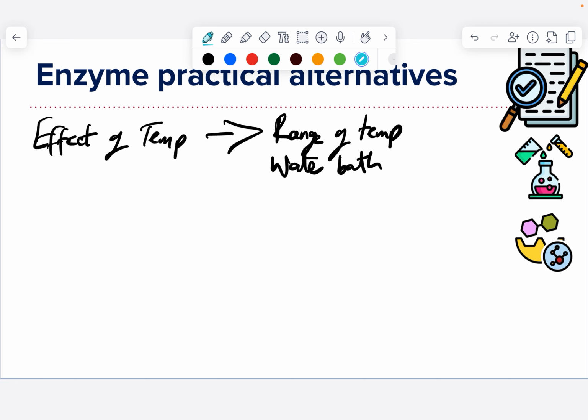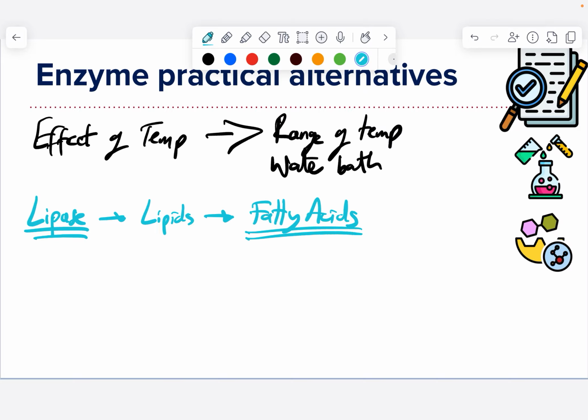The hardest one they could talk to you about is looking at lipase. Because lipase breaks down lipids into fatty acids and glycerol, of course, they could be asking you how could you record the rate of reaction for the breakdown of lipids, it could be the effect of pH, it could be the effect of temperature. Because it's fatty acids, what you're going to see happen is the more lipids that are broken down, the pH is going to go from 7 to, say, 5. And it'll allow you to monitor